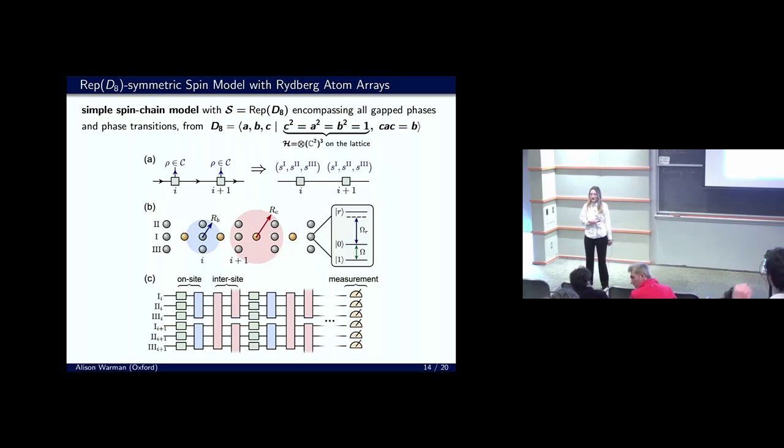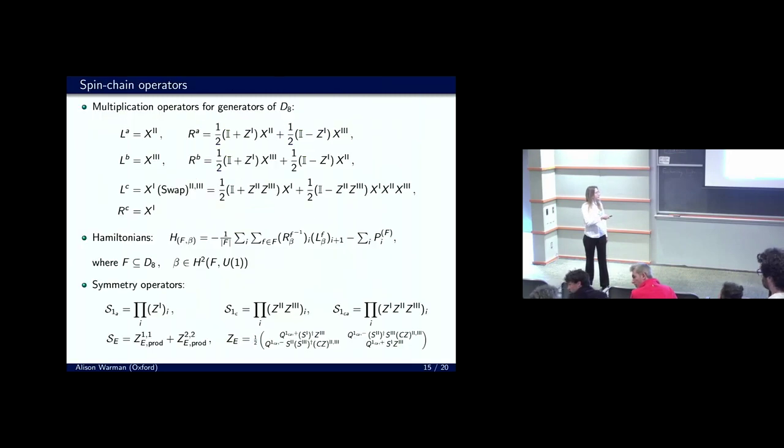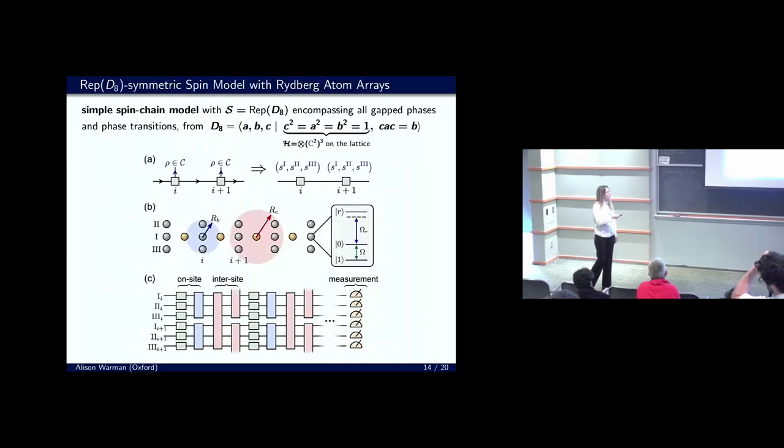Yes, I understand, but suppose you had some other Hamiltonian, not related to RepD8, but involving couplings between these atoms like this. Would this setup also work? Yes, it would. It's not specific to this Hamiltonian. As I was saying, the setup depends on the fact that we have these local projector terms on the sites and the interaction terms. So it doesn't depend on RepD8, but it is based on qubits. Okay, so it's generalizable to settings where we still have qubits. I'm not very familiar with the state-of-the-art experimental setups, but I've heard of places where they can also do qubits.